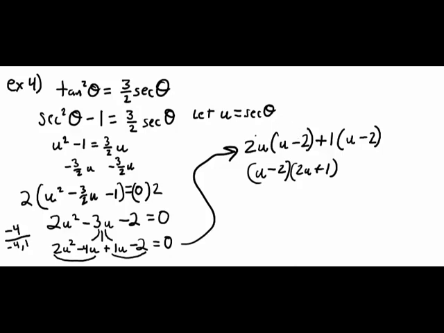Imagine if this was a and c, and this was the term b. We actually can take our b multiplied by a plus c. Now, what I just said may have gone over your head a little bit, but it actually does work. If you consider this u minus 2 as just one thing,